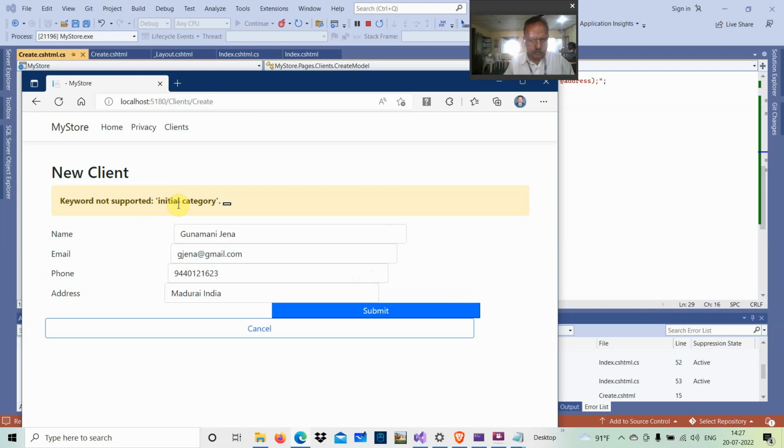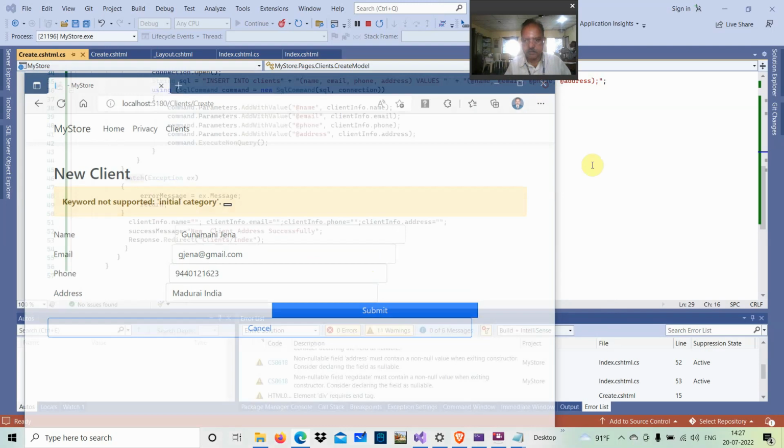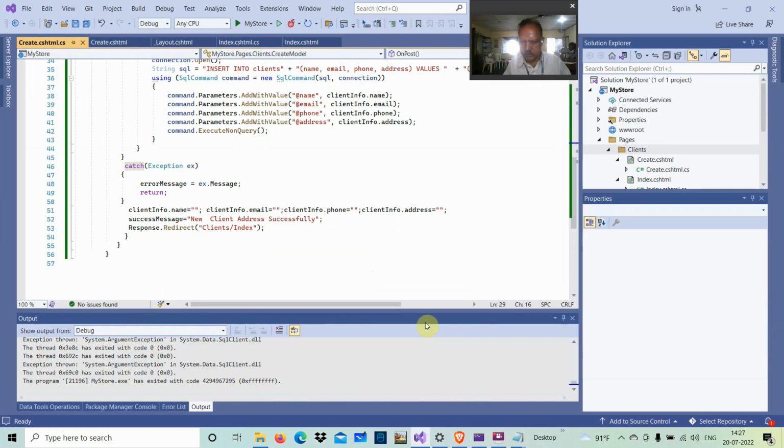It says the initial catalog is not supported. Okay, that I'll check. What is the thing? Okay, so with this we'll be able to put all the things there. So I minimize all the things. What it has not initialized, we'll go for that as another issue. So then come on here and we